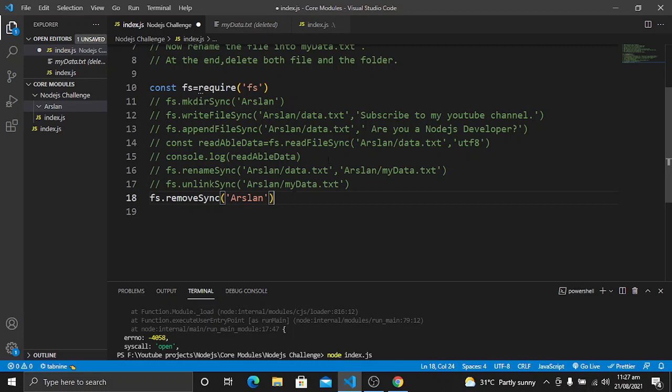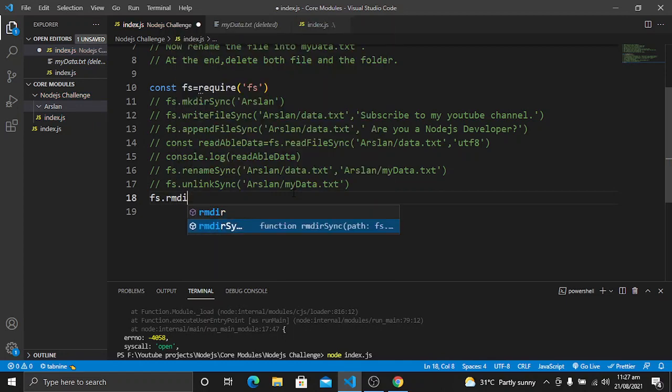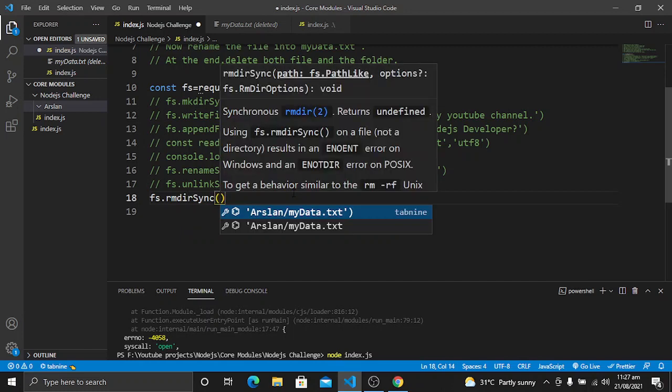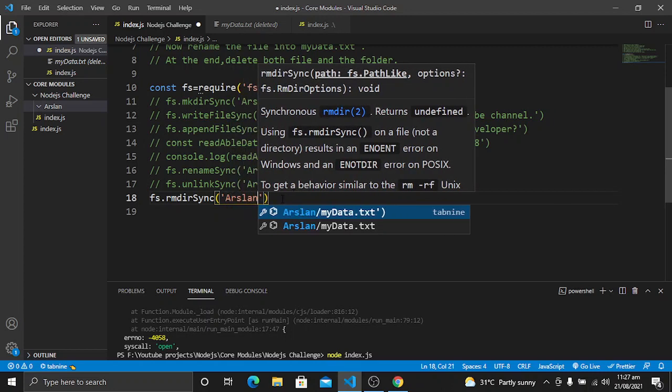We also used mkdir to create a directory, and to remove it let's use another method which is rmSync. So we will use this method to remove the directory in our folder in our app. The directory name is this one.